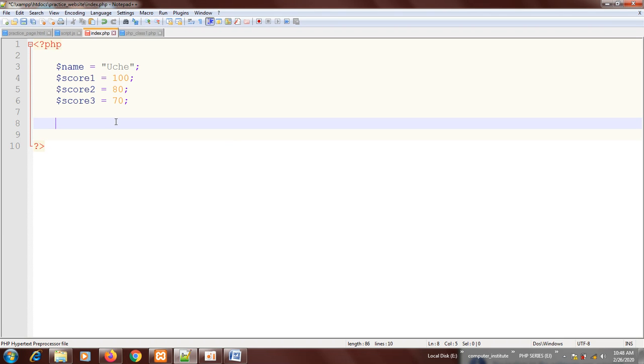I've taught you about variables. I told you that a variable is an empty space where information can be stored. The information can be a string, which is text. It can also be a numeric variable like numbers, int, integer. It can be an array, and so on. Okay, now these are variables. This name has this value, uche. This core variable has this value, and so on. Now, when we talk about global and local variables, we're talking about